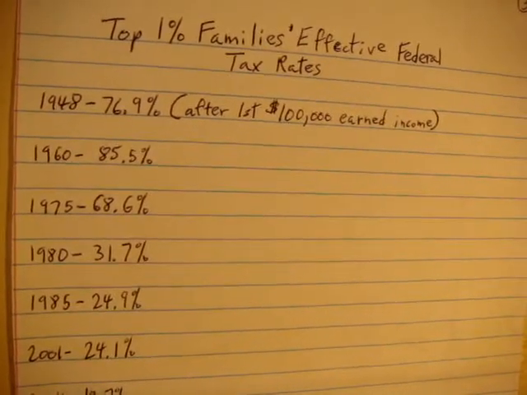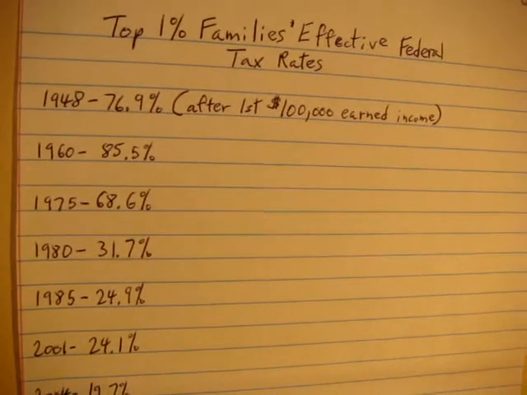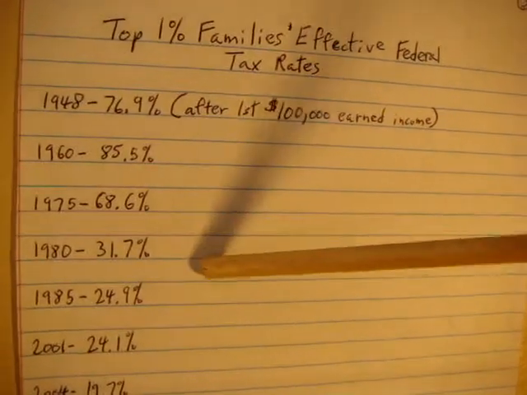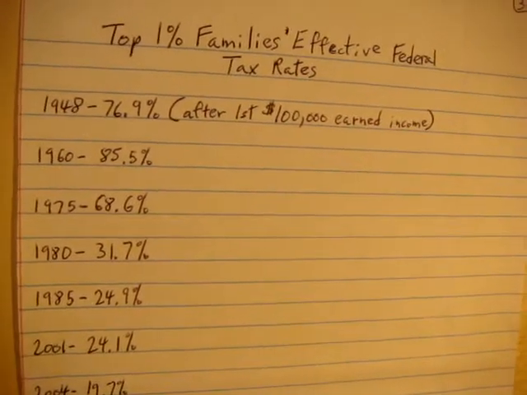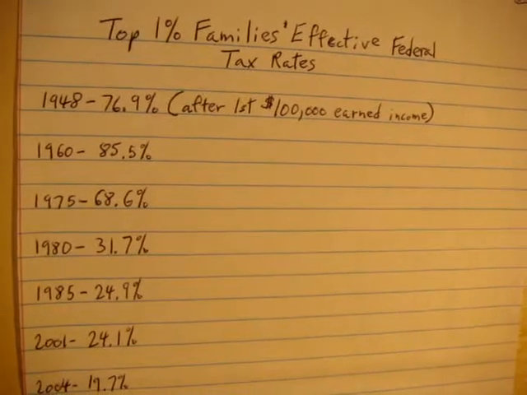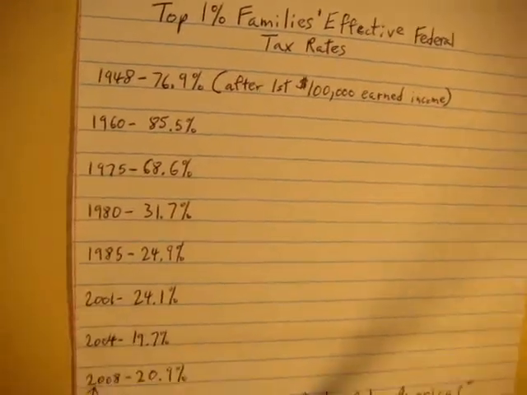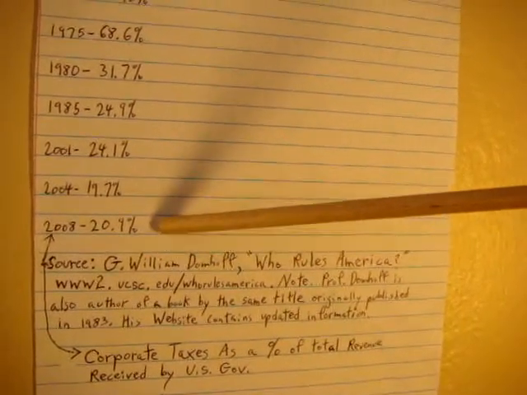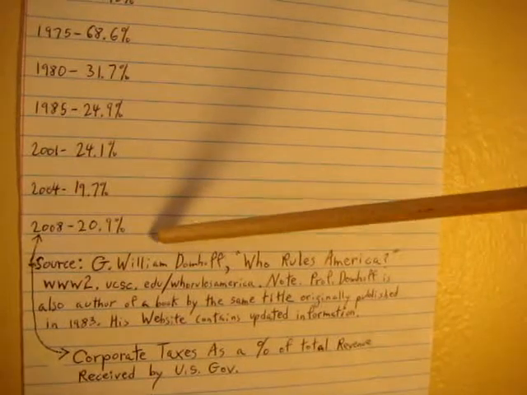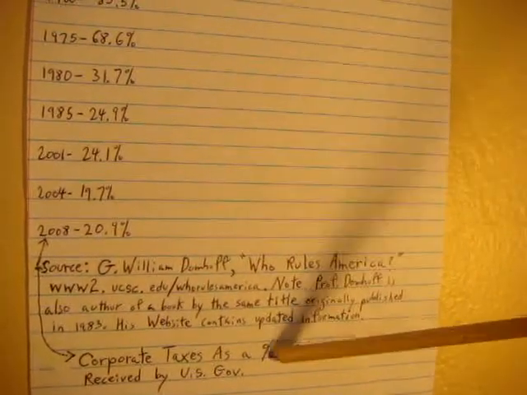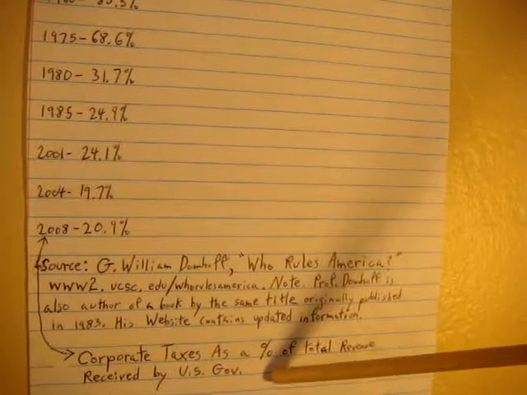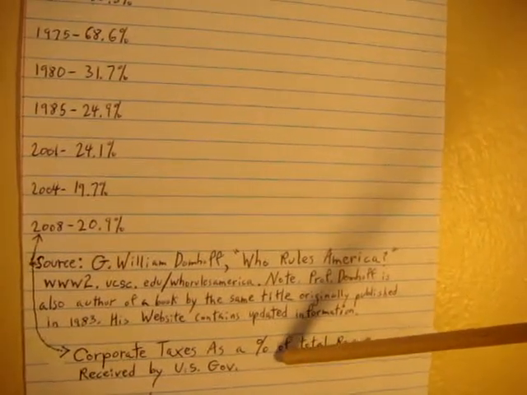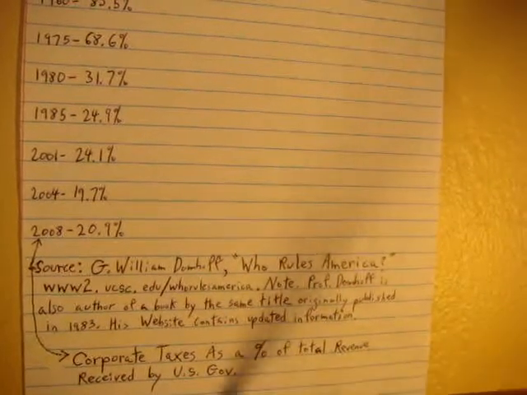1980, however, 1975, 68.6%. There's a change in 1980. People forget about Jimmy Carter. This was enacted under Jimmy Carter's administration, and so on and so on and so on. The last figure that you can see is the effective rate for the top 1%. These are all top 1%. Is 20.9%, okay? Corporate taxes, well, I think that we can continue with this in the last lecture, finish off this section, and start with the future of things to come.